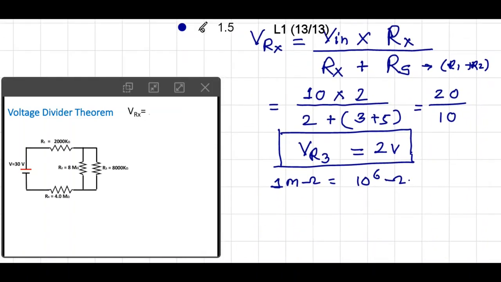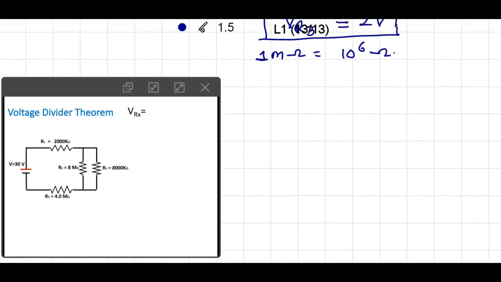So let us consider another example, where some twist is there. Now you are well aware of the voltage divider theorem, but in this circuit, if you see, the voltage is 30 volt, but there are a total of how many resistances? That is R1, R2, R3, R4, and we have to find out, suppose, the voltage across R2 and R3. So how to find out?